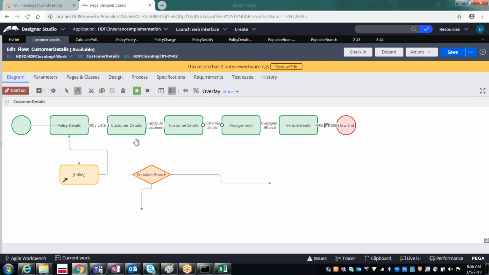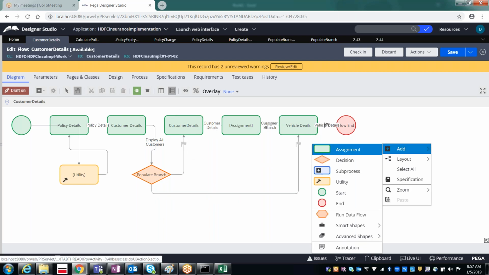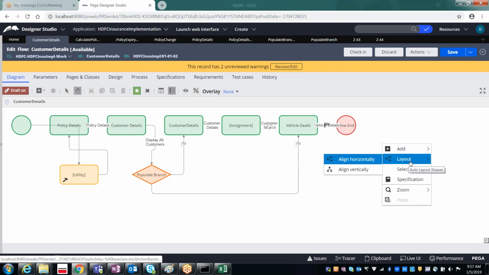In that case, from the customer details, you can come here. If the customer is existing, directly go to the vehicles. If the customer is existing, directly go to the vehicle details. If the customer is not existing, go here and add a new customer. Based on this, I wanted to apply it and move the flow further accordingly.